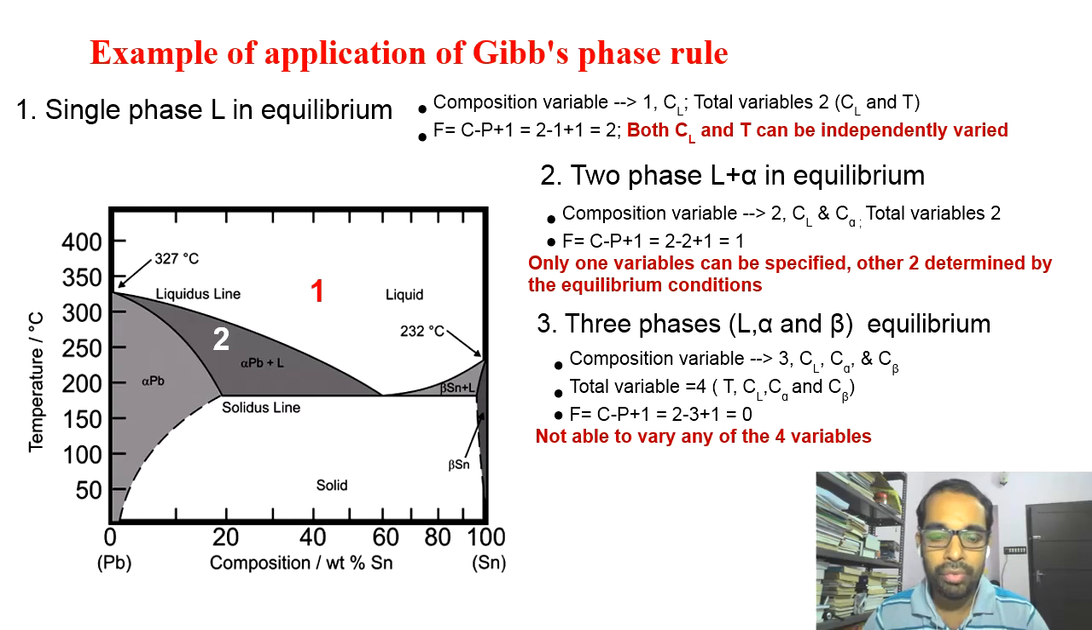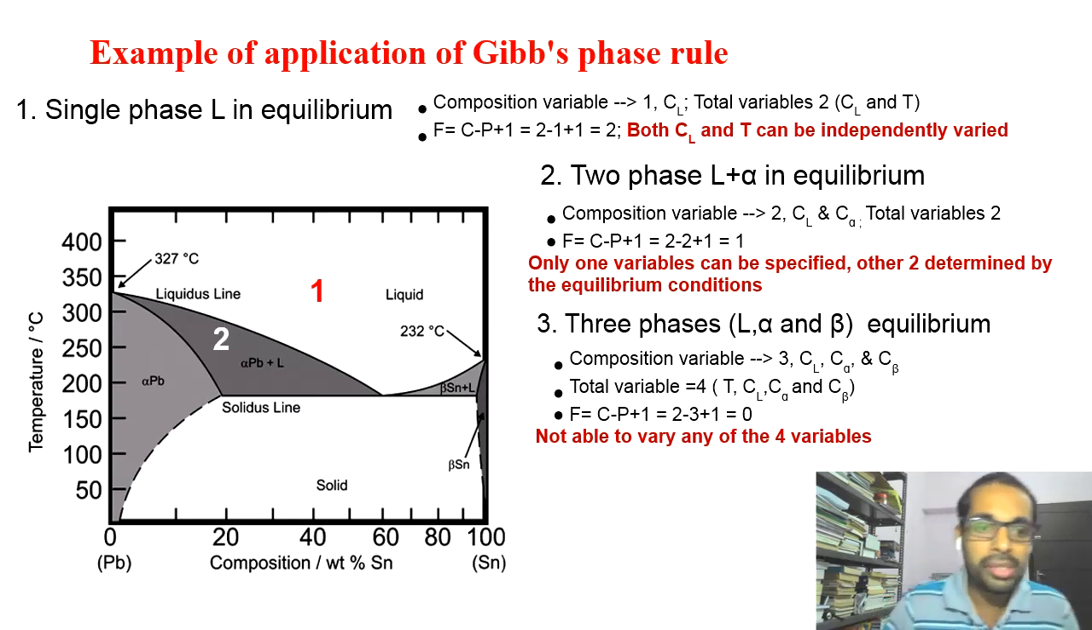So what are the four variables? That is the compositions of this C alpha. In this case, the C alpha is there, Cl is there, as well as C beta will be there. So these three composition variables are there, plus there is temperature. So there are four variables,